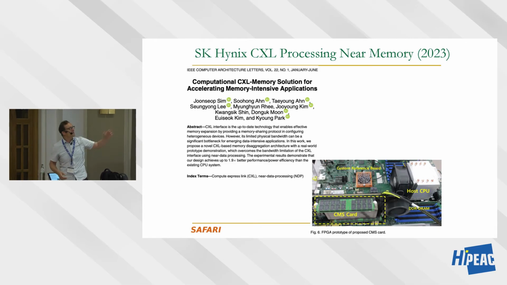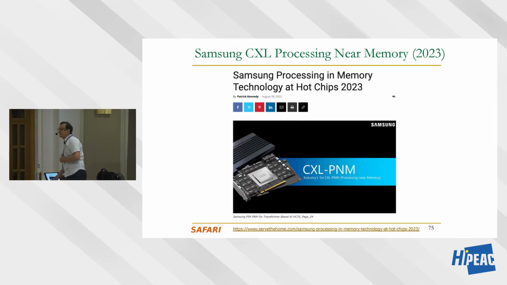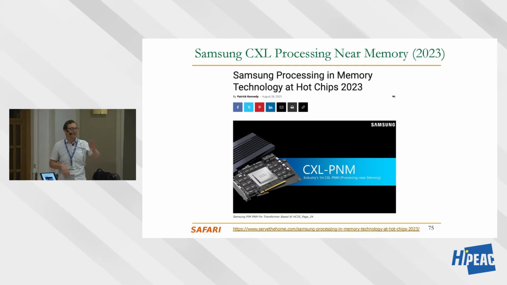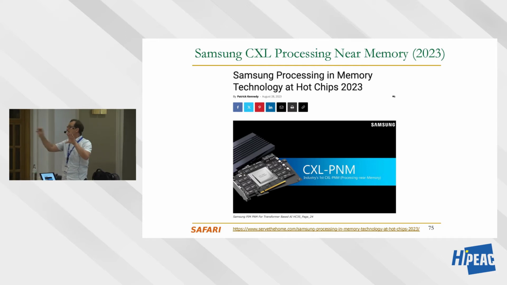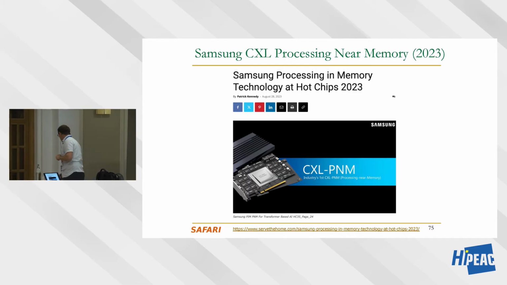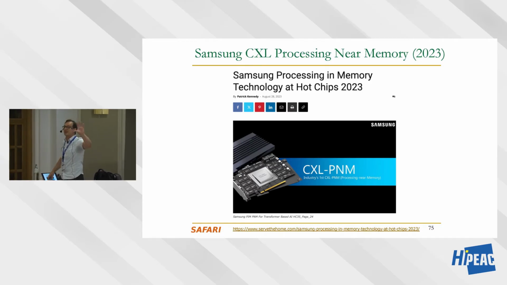So this is from SK Hynix, and there's also something similar from Samsung, where we have the Compute Express Link interface. It's an interface that takes a CPU and has a flexible interface to communicate with other devices as well as memory. If you have a flexible interface between the CPU and memory and storage, you can actually offload computation. And these folks have shown that you can accelerate large language models significantly, for example, by offloading computation to the memory side as opposed to doing everything on the CPU, GPU, or the accelerator. And we're going to talk about that also.